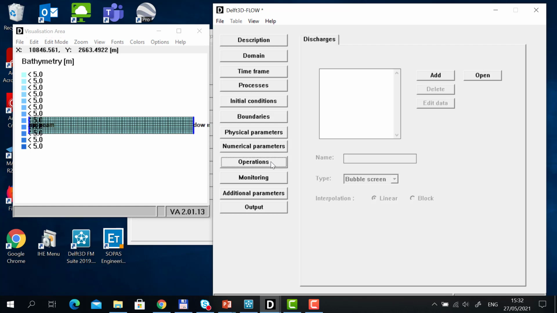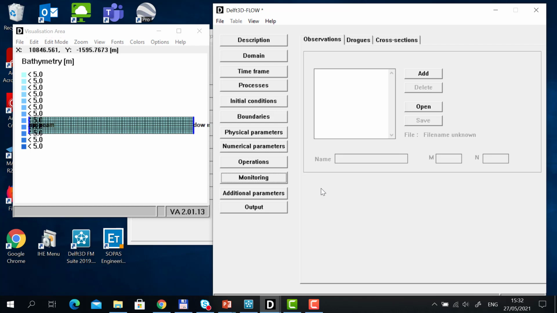There's possibilities of adding discharges here, for example, by pipelines or so, but we're not going to touch that either. Monitoring is more important for this moment. Also here we can make use of the visualization area, and we can add